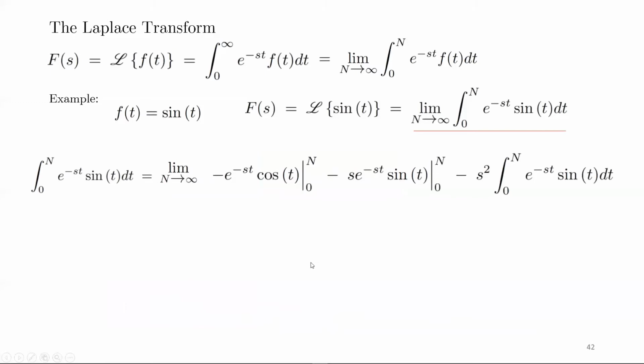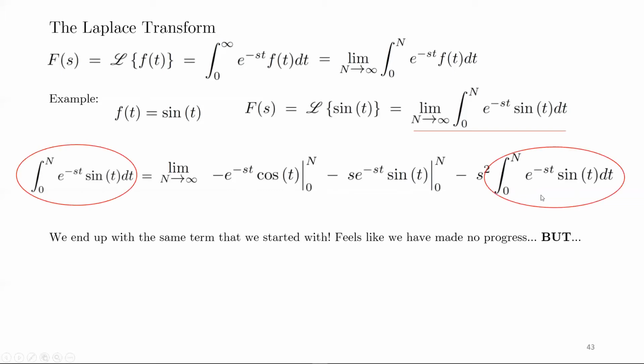So expanding all that, the original integral we started with, the integral of sine of t times this exponential, is equal to the limit as n goes to infinity of negative this exponential times cosine, minus s times this exponential times sine, minus s squared times the original integral, in fact. The integral from 0 to n of the exponential times the sine of t. So again, notice that we've got this same term on both sides of the equation. It feels like we've made no progress, but in fact I can take this term on the right hand side over to the left hand side,